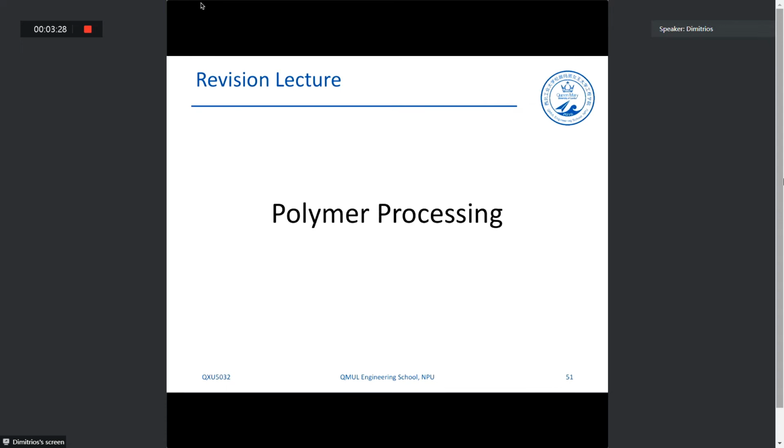The truth is that for the polymer processing section, I don't want you to remember exactly the parts of the technique. I don't want you to be able to describe the different parts of an extruder or an injection molder, but to generally have a very rough idea of how these processes operate. But the most important is that I want you to be able to identify different types of polymers and different techniques to process polymers for a specific application, okay? So let me write it down. I want you to be able to identify polymers